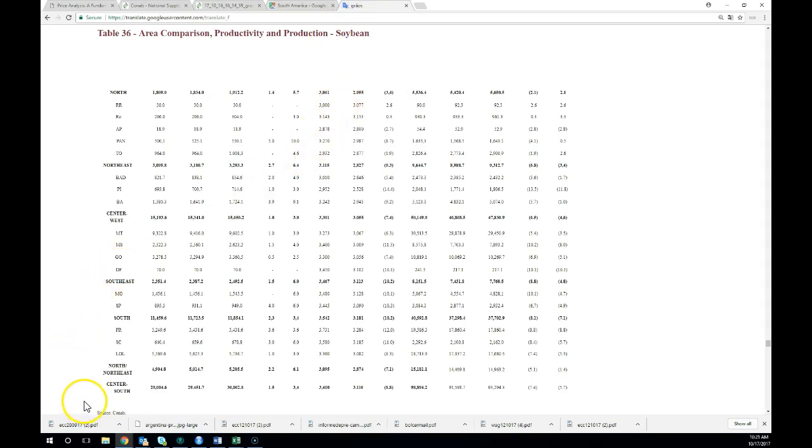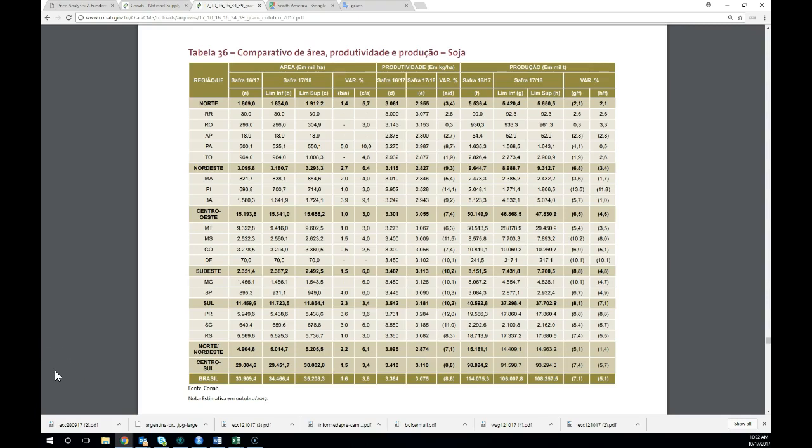I'm going to scroll back because for some reason Google Translate removes the column headers, and we at least need to organize ourselves about what these columns mean, and then we can probably just look at the table in Portuguese to understand it. So here I've navigated back to the main document in Portuguese, and since we're looking at numbers, we can probably handle it. On the left-hand column, we've got the different regions and states of Brazil, and